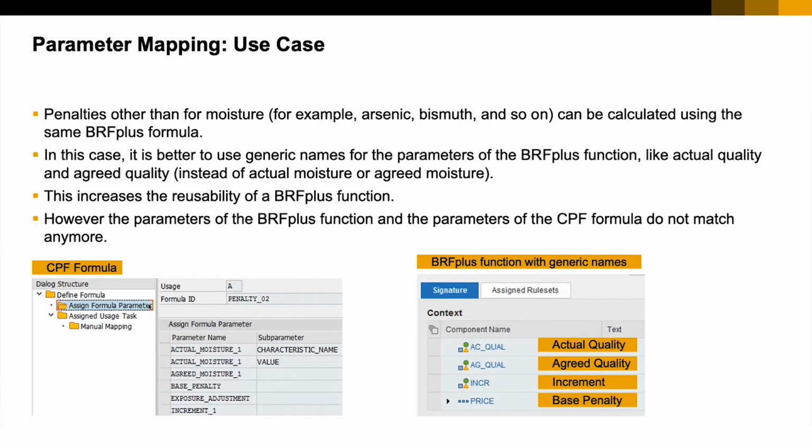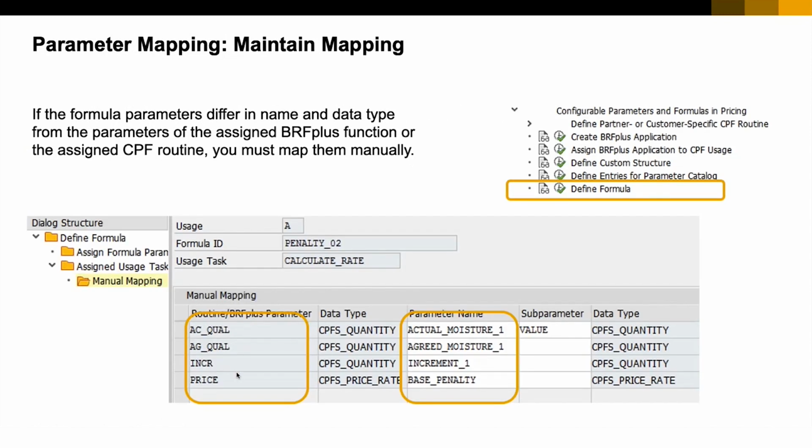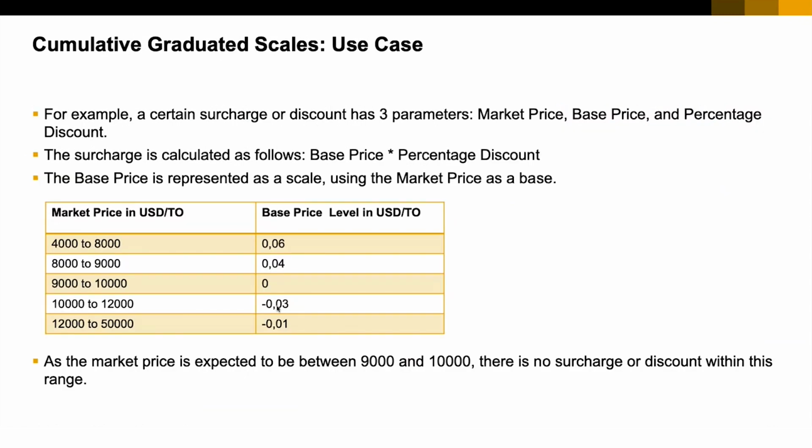So everything remains the same. There is no change as such. All these actual moisture, grade, everything remains the same. Just on the scale side, you would know which parameter needs to have the scale functionality, and these settings we have already seen, where previously while defining a rate. And now this is an example of a cumulative